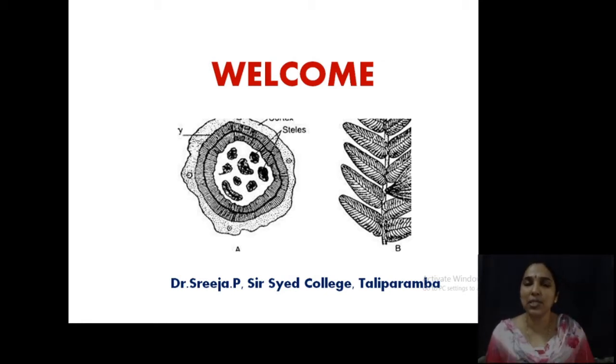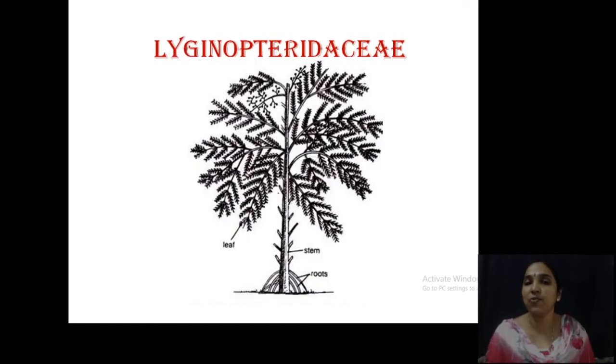We discussed everything regarding Pteridospermales, and now we are moving on to the first family coming under Pteridospermales, that is Lyginopteridaceae. In your syllabus you have to study only some basic features, and for practical purposes you need to study one type of this group, that is Heterangium. Looking at this image of Lyginopteridaceae, you can see the peculiar features: pinnately compound leaves, an erect stem, with leaves and roots.